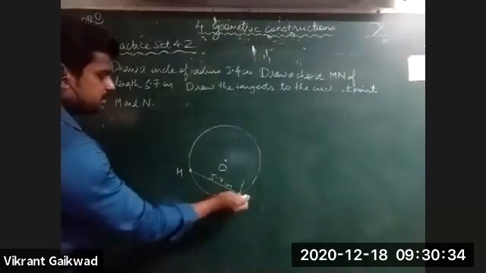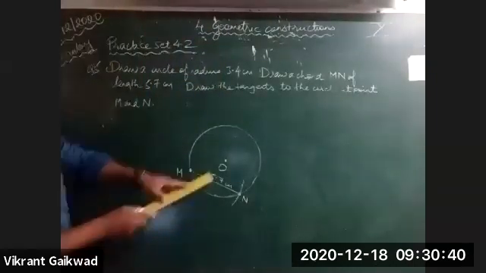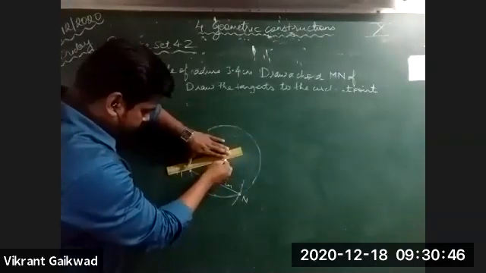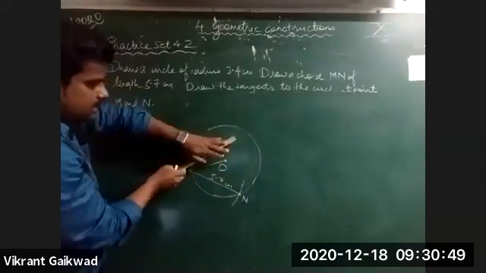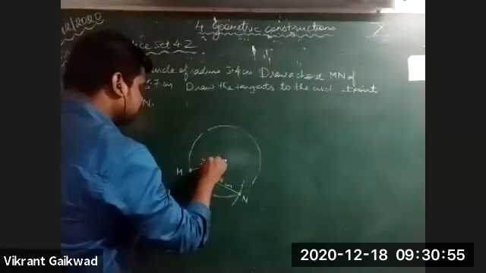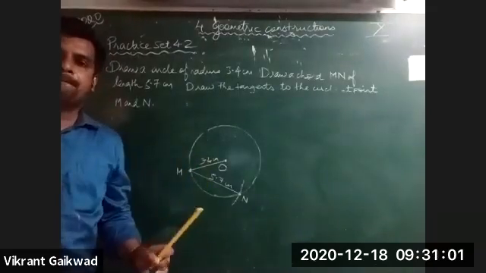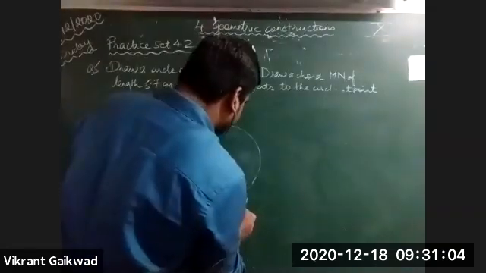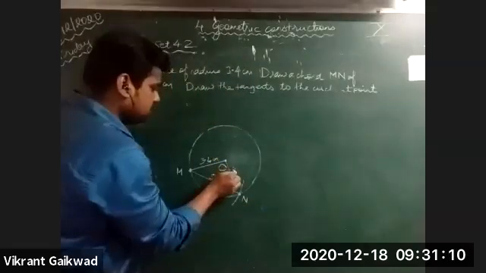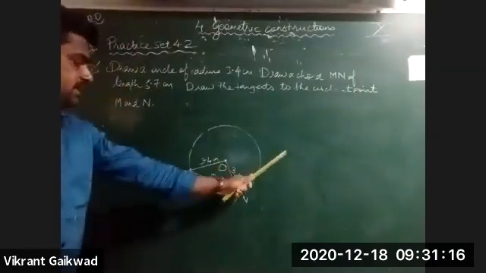Again, at points M and N, you have to draw the tangent. So again, the same thing. What I'm going to do is, see, if I join the center O with point M, what I'm getting? I'm getting OM as the radius. So can I apply the radius and the tangent property? You can. Same thing, ON is the radius. Again, at N, what I'm going to apply? Radius and the tangent property.